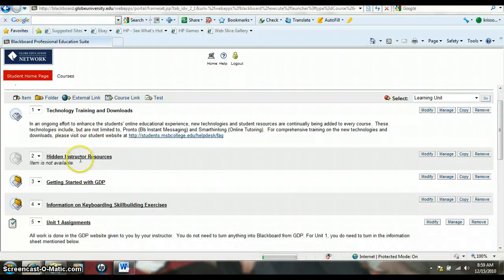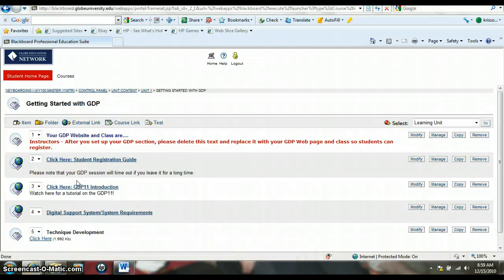So we'll start with the students. On the first day of class, you could write out a note that just says, please look under the Getting Started with GDP under Unit 1. And you will see first and foremost, you have to have gone in here and changed this information with your URL, the website that your students will be using to access the GDP